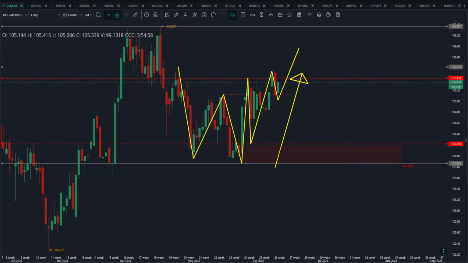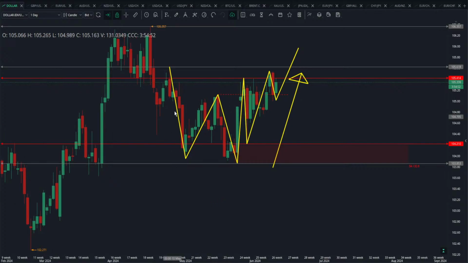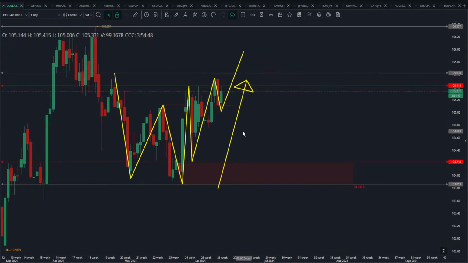So first things first, this is the US dollar index right now on your screen. Guys, what is the dollar index doing? Right now, the dollar index is in an uptrend. It is making higher highs and higher lows. This here is expected to be a higher low, and I'm expecting the price to go higher. Where higher? Higher than 105.61. Actually, 105.61 is the first target. After that, I'm expecting it to go to